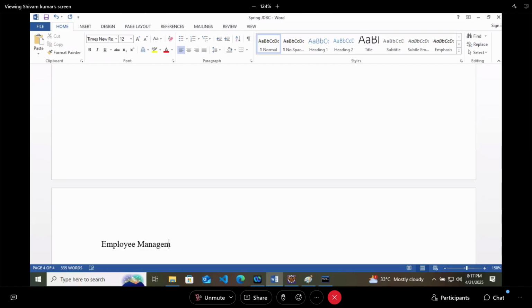Employee management system using Spring JDBC, in which we will use JDBC template and data source, so that you have complete confidence on these two things.